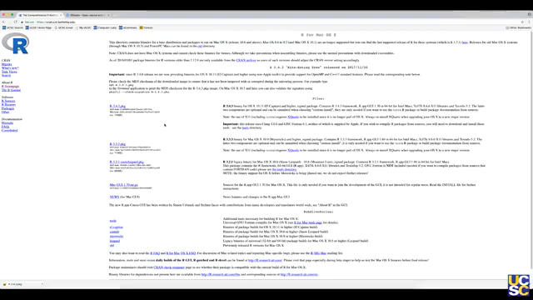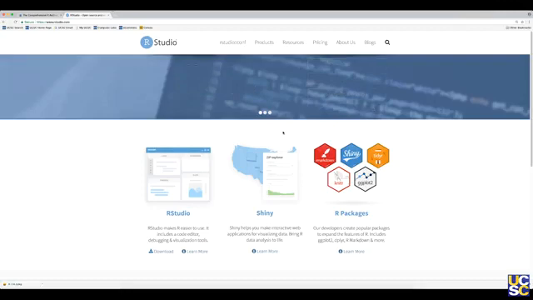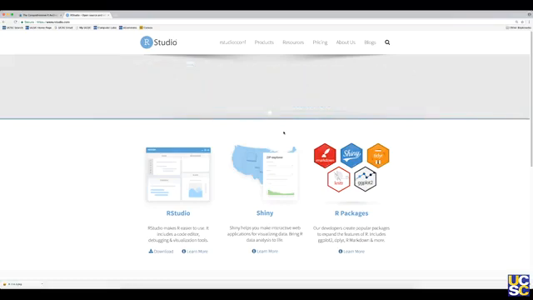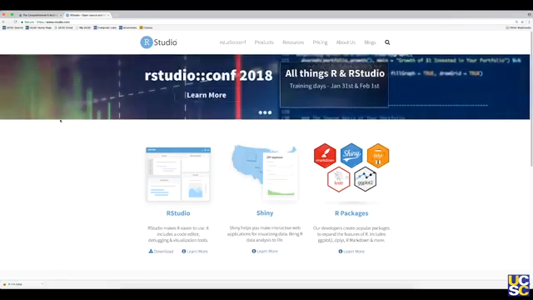In addition to using R for the computation, we will use a graphic user interface, a GUI, that was developed by RStudio. This is a very powerful graphical interface. It provides a lot of additional functionalities, and it just simplifies the use of R. You can download that interface from this website,